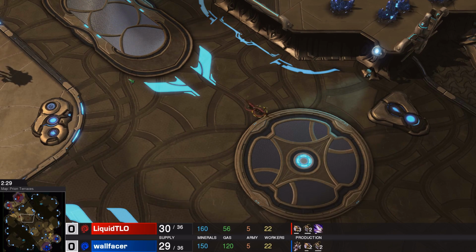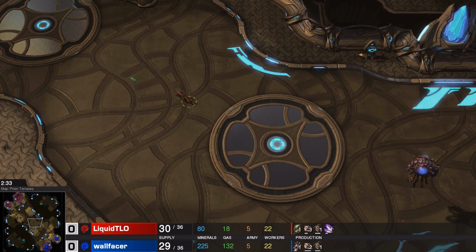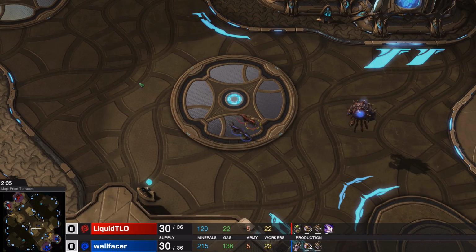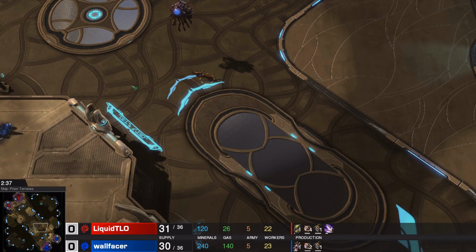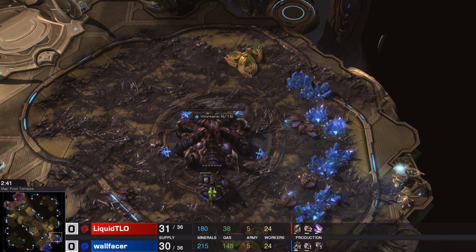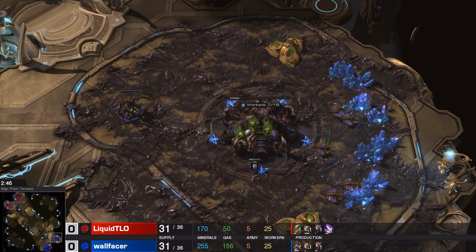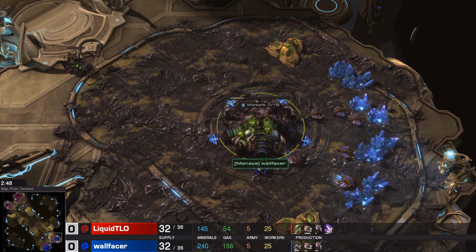Now the only thing that is also awesome in this one is you can get the structure, so you can see what's already there. Of course you can see what's in production. That's pretty standard. So there we go, the two Zerglings running past each other and running straight into each other's bases. Now there is a slight discrepancy in builds here at the moment. As you can see, Wallfacer has decided to go for a Roach Warren, whereas TLO has decided to go for a Baneling